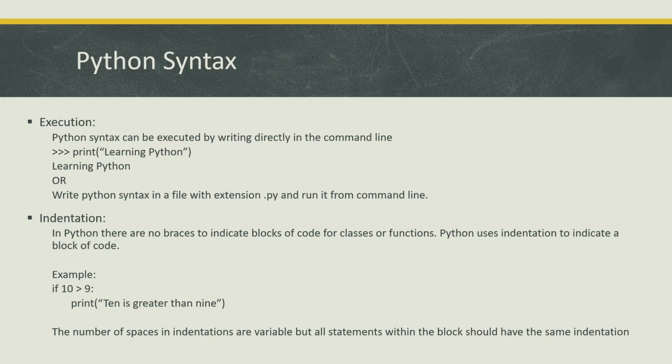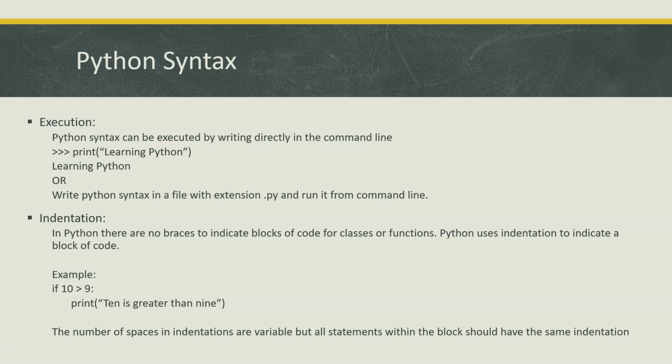For example, if you look here, I have written an if statement, and after that, the next statement has got some indentation, or you can say two tab spaces or two blank spaces. After that, I have written this print statement. What it means is this print statement belongs to this if statement. That confirms that this is a block of code which is part of this particular if statement. Similarly, you have to put this indentation whenever you are trying to indicate that this is a block of code which belongs to a particular class, a function, or an if else statement,